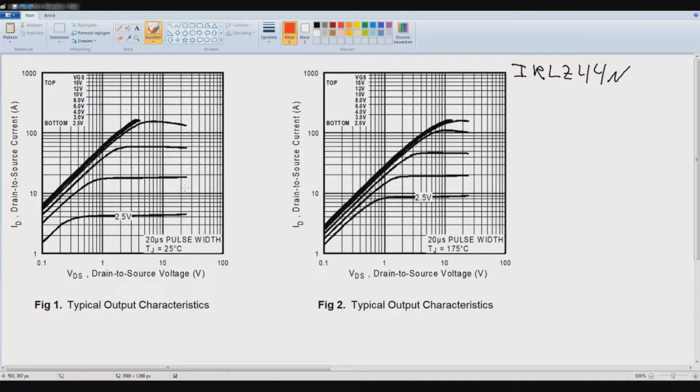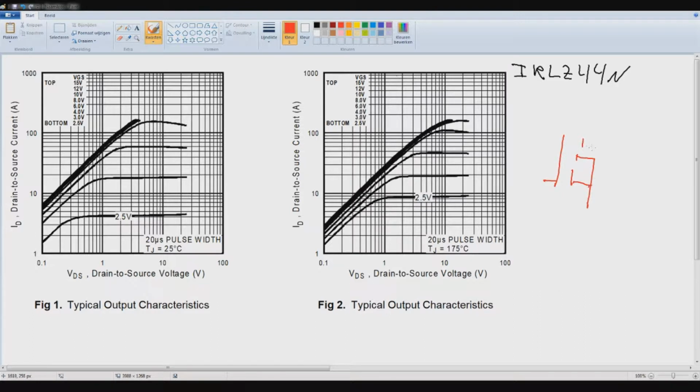Each of these lines, as you can see in this box over here, is one of the lines. Starting at 2.5 volts is the bottom line, and the very top line is 15 volt VGS. If you remember,